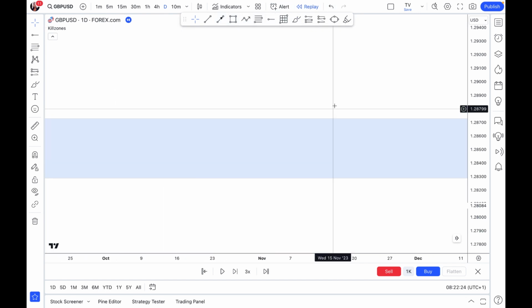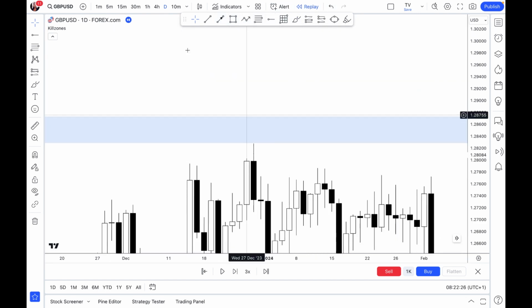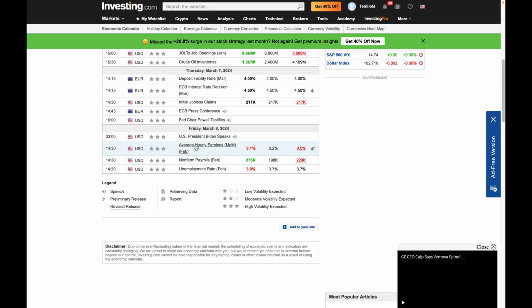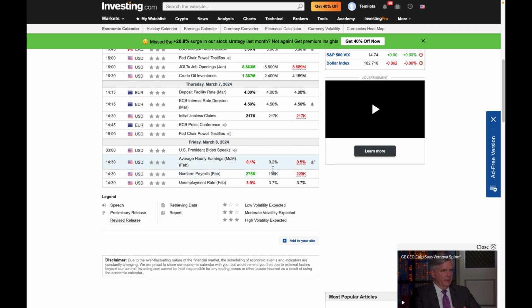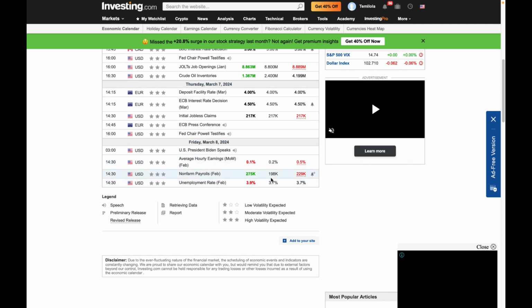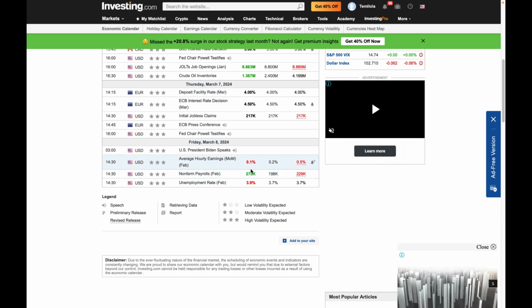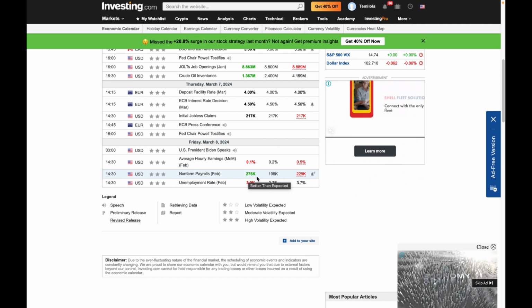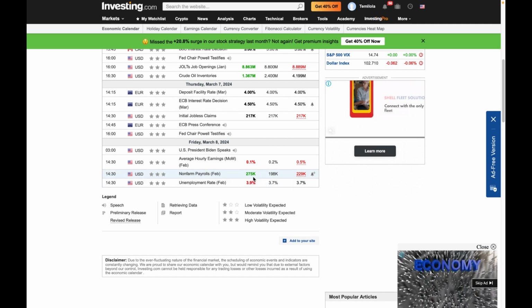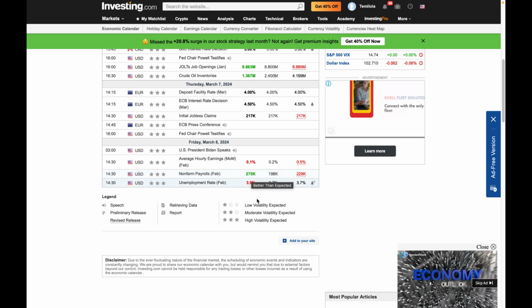Then moving to the fundamentals, I did my fundamental analysis. For the non-farm payroll, I checked the previous figure, 229k, and the forecast was 198. This one being slightly lower than this, I was expecting a green NFP actually, because this was lower than this. So this is how I will normally do my forecast.